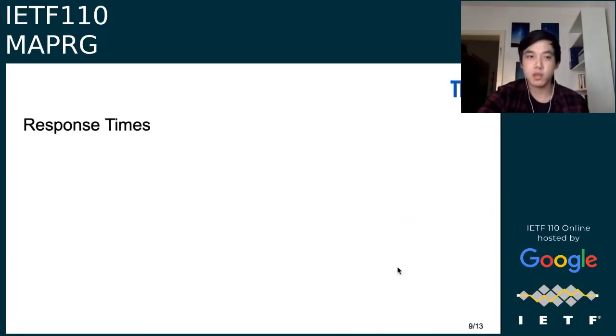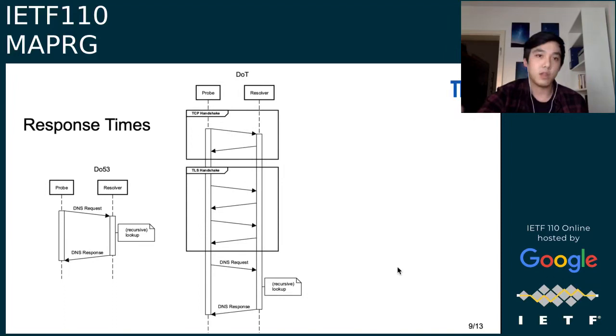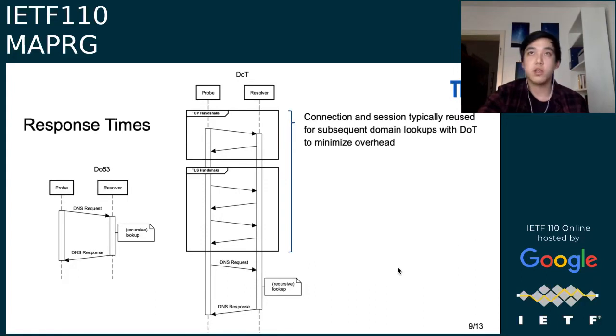So with RIPE Atlas, this is a bit more tricky, so some background explanation on that. For traditional DNS, obviously, you simply send out the request over UDP, and then the resolver will look up the requested domain either in its cache or recursively, and then send you back the response. Now for DOT, you obviously have the TCP and TLS handshakes before to establish the connection and session to secure the traffic. And typically a client would be reusing this session in order to minimize the overhead of